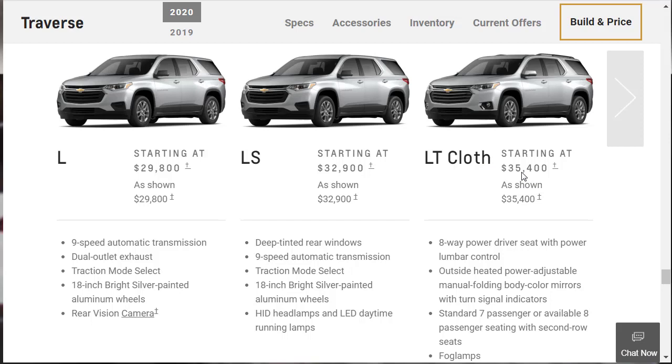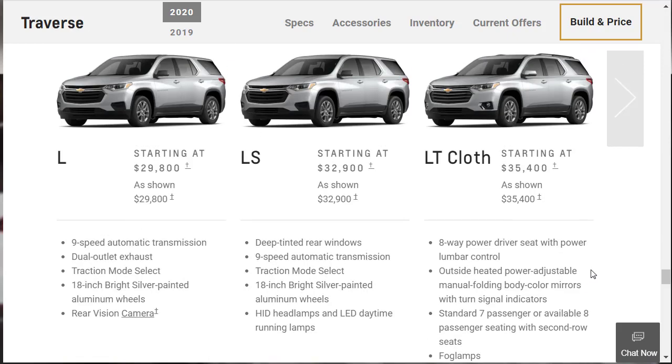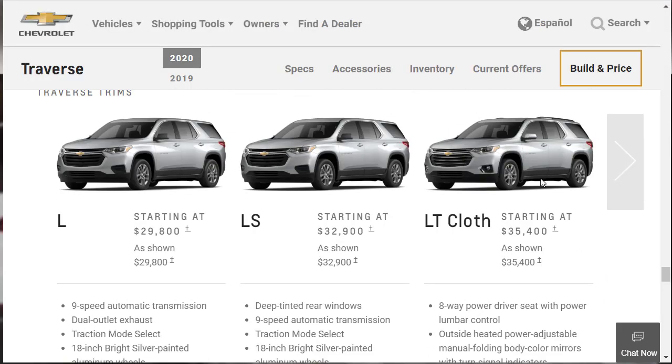And so that starts at 35. That price is, yeah, it's $35,400. Now you get standard 7-passenger seating, so you get a captain's chair on this bad boy, unless you want to get the second row bench. So yeah, they give you a few more things: roof rails, fog lamps, power driver seat with lumbar. Now you're sitting at